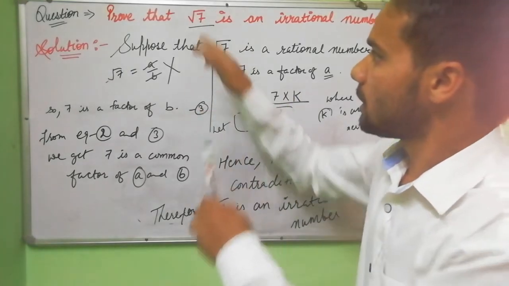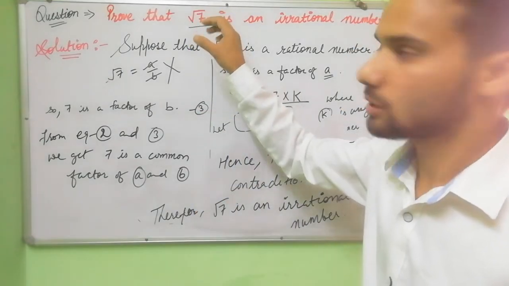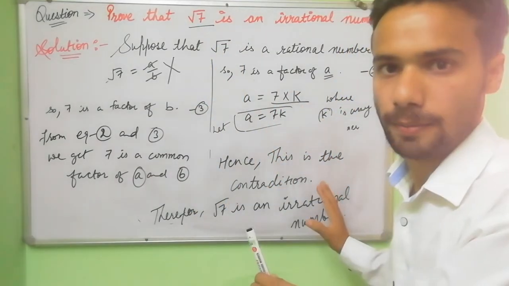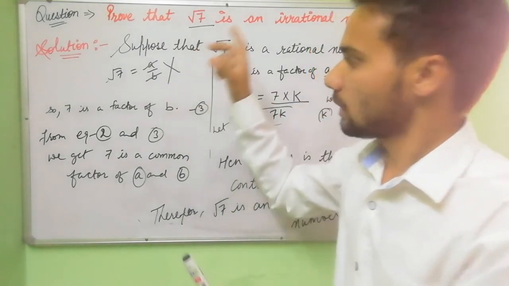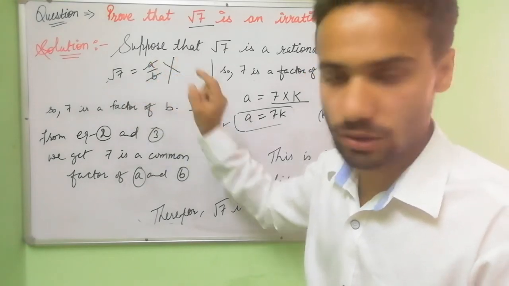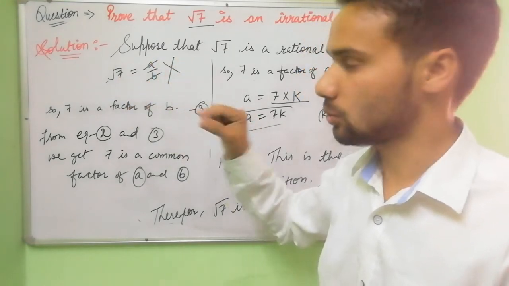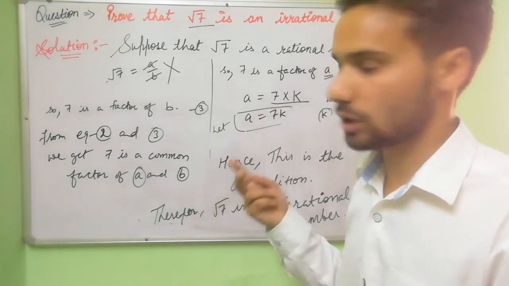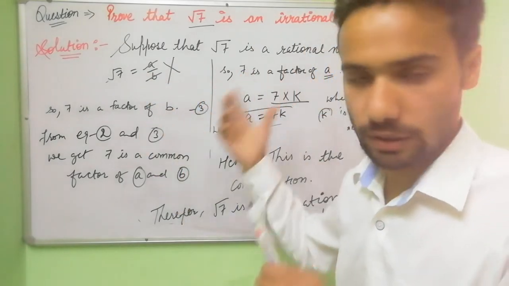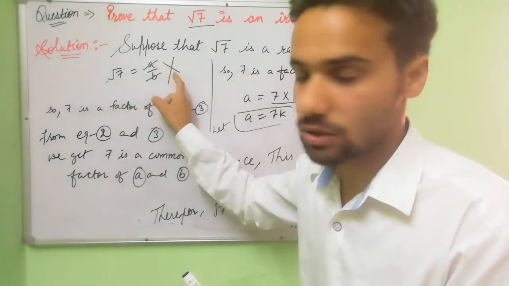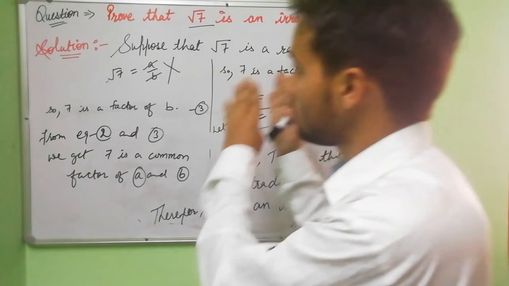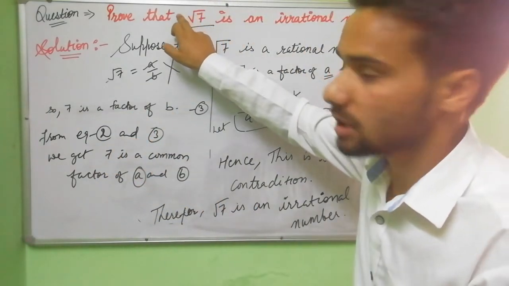Dear student, if there is any square root of 2, 3, 4, the same procedure applies. You can solve this question in the same way. First of all, you have to prove that maybe 2 divides this number, 2 also divides this number. That means you get a common factor 2. So these two integers are not co-prime. If these are not co-prime, that means it is not a rational number. Then it is called an irrational number. I hope you understand. In the next video I will explain if there is any sum operation.